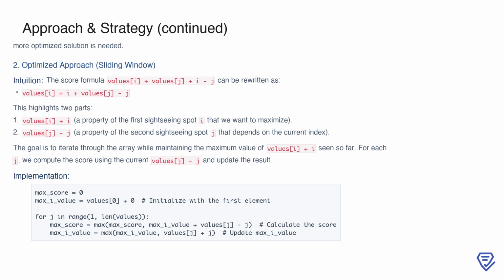Starting with the first element, we maintain the maximum value of values[i] + i seen so far. For each subsequent j, the score is calculated using this maximum value and the current values[j]. Afterward, we update the maximum value of values[i] + i using the current index, ensuring it's ready for the next iteration. This approach eliminates the need for nested loops, reducing the time complexity to O(n), while maintaining O(1) space